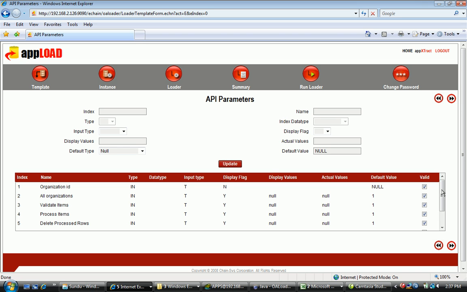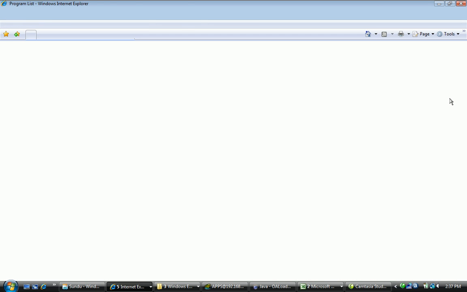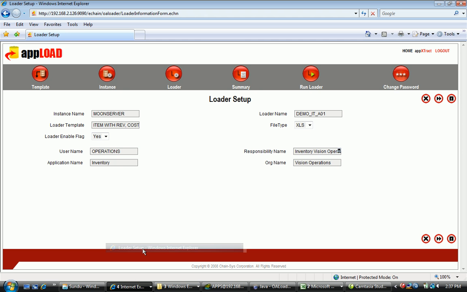And keep in mind, all the processes within Appload are executed in the background, and that gives you absolute robustness and scalability that you would like to see in any of the conversion or interfacing needs. And all the input parameters for the concurrent program get submitted directly from the Appload system itself. So you don't need to get into any other system, including EBS, for performing any additional activity for data conversions. So we are done with the loader configuration,